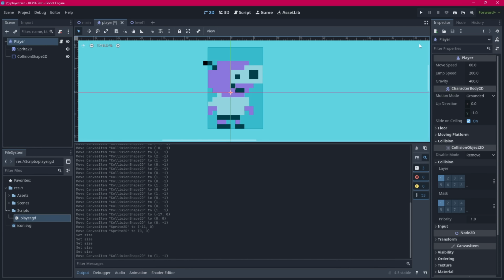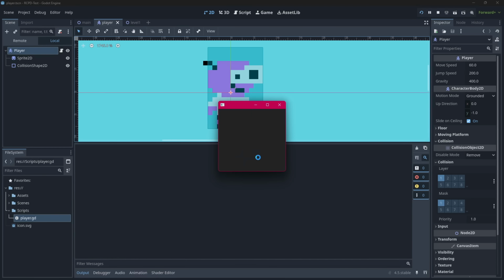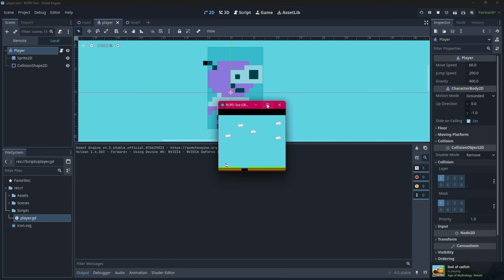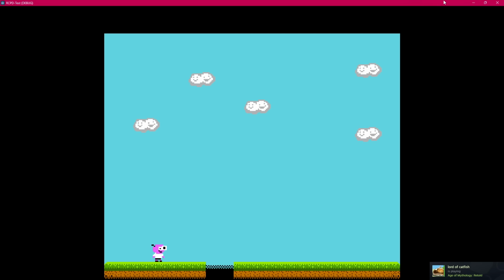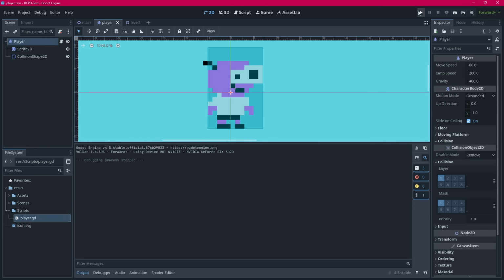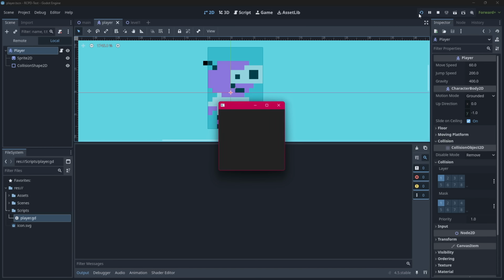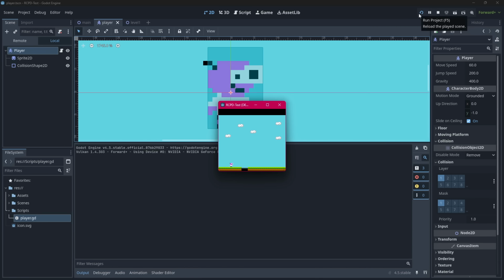Now you can test the game again, and voila! Pim is landing on the ground. He's standing there, he is not falling through the ground, he is no longer falling into the abyss like a pink bowling ball, unless, of course, we move him over to the pit, and down he goes. Perfect! Pim can now move left, Pim can fall, Pim can not fall through the floor, normally, and now it